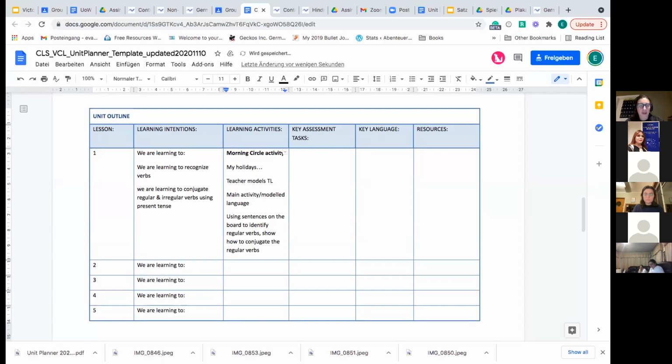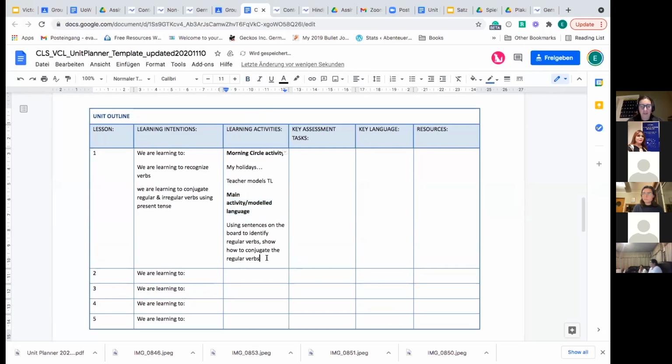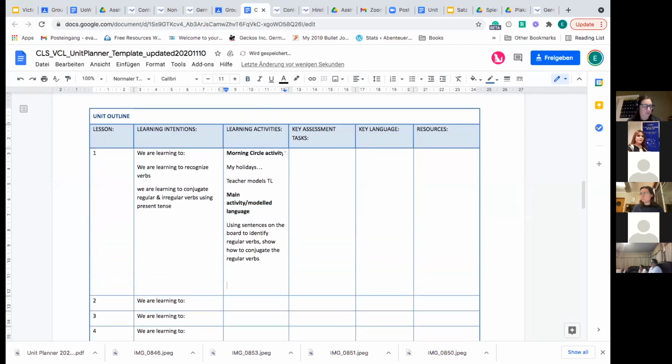So using the right pronouns, and of course, because that's the first draft, it's not very precise, and I would put much more information in